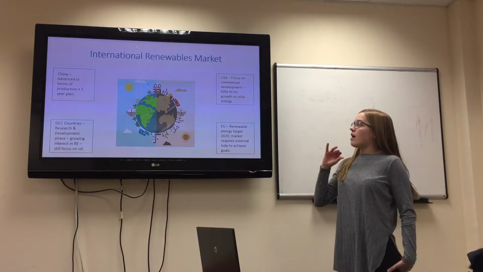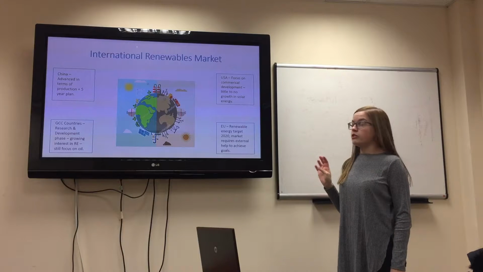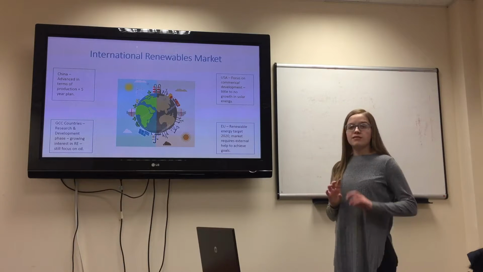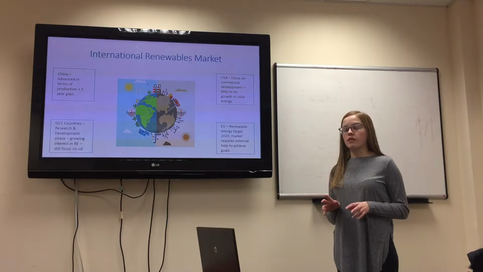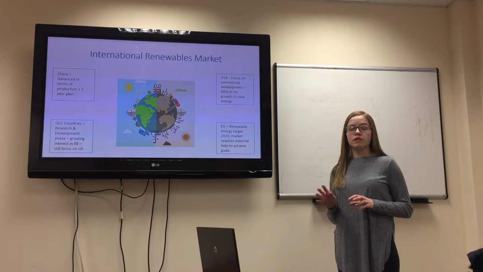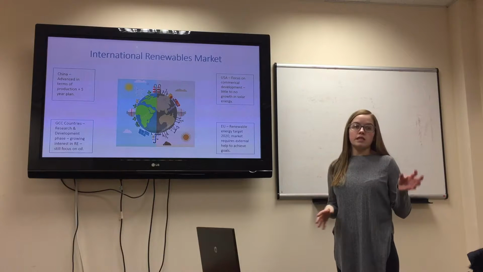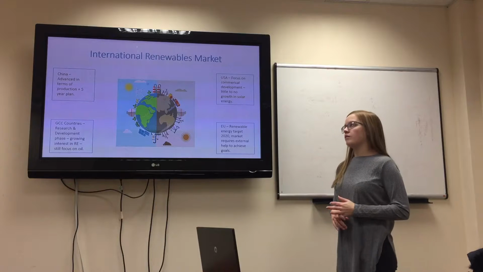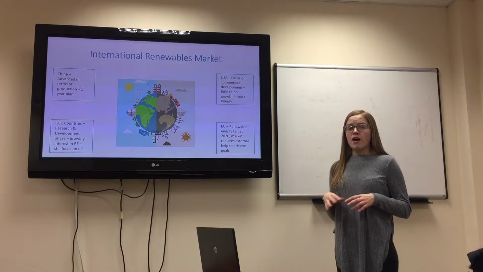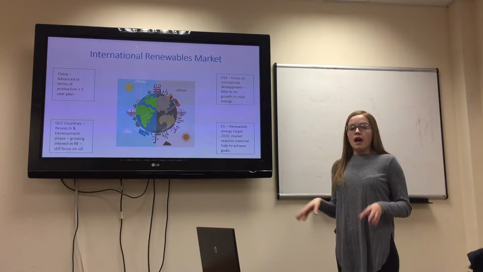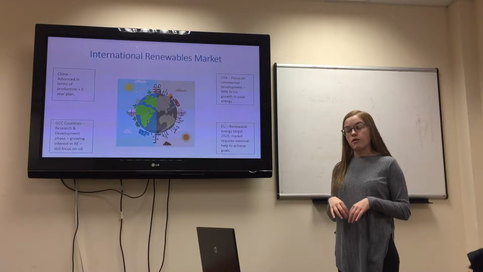Now we'll have a look at the renewables market within different countries around the world. China is advanced in terms of technology and the development of renewable products. However, they lack the implementation of these products within their country. They are used to shipping them out to other places, for example the UK. However, the Chinese government have implemented a 5-year plan which has quite vast renewable targets, so everything produced in China is going to have to be focused and installed in China as well in order for them to